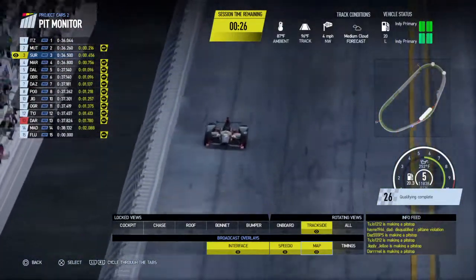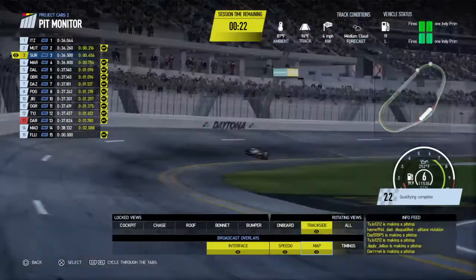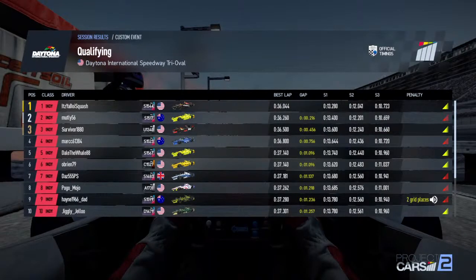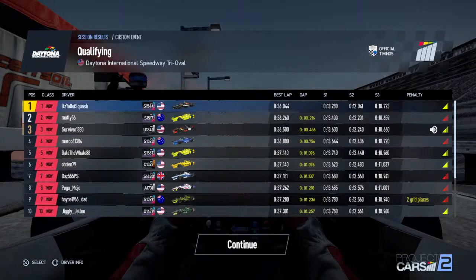Survivor has a shot, but by himself, I don't see that happening right there. All right, ladies and gentlemen, qualifying is complete. So here is your starting lineup for round 1 of the 2021 Season 2 Flux Motorsport IndyCar Championship at Daytona